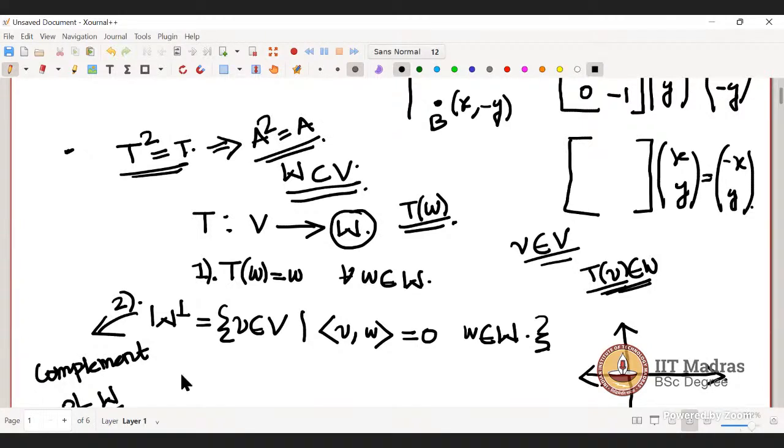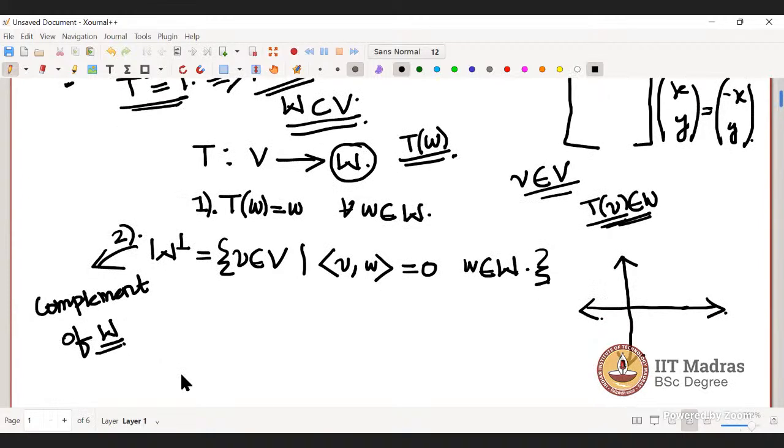Okay. So there is a question, practice assignment. Just a minute. Okay, so basically I'm projecting the vectors, I'm projecting all the vectors of V on W. Okay, so I'm projecting all the vectors of R square